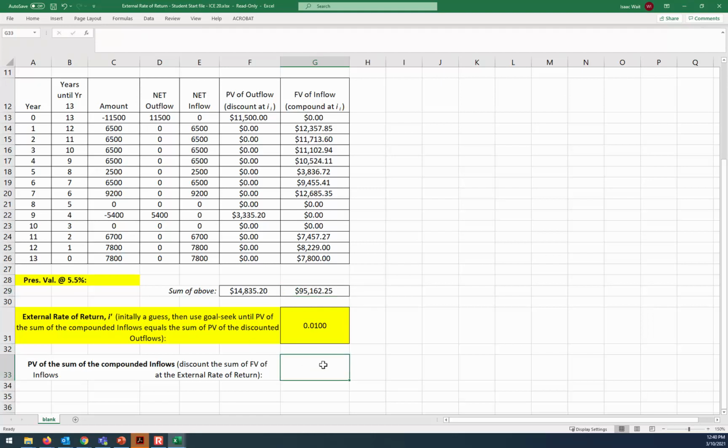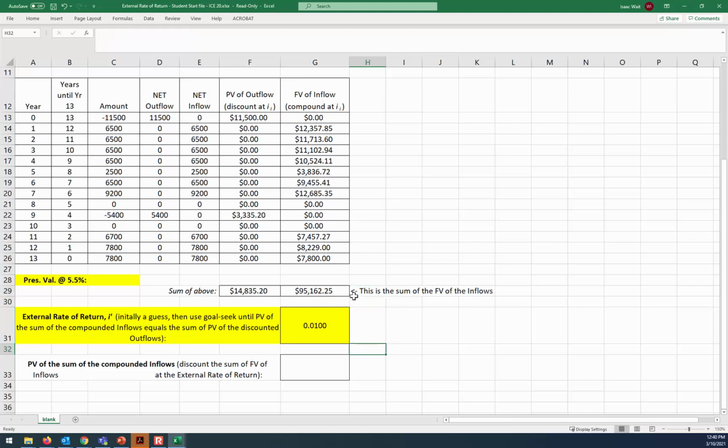And so down here in this cell, I'm going to do the PV function. And I'm doing it on the sum of the future value of the inflows. So in words, this is the sum of the future value of the inflows.